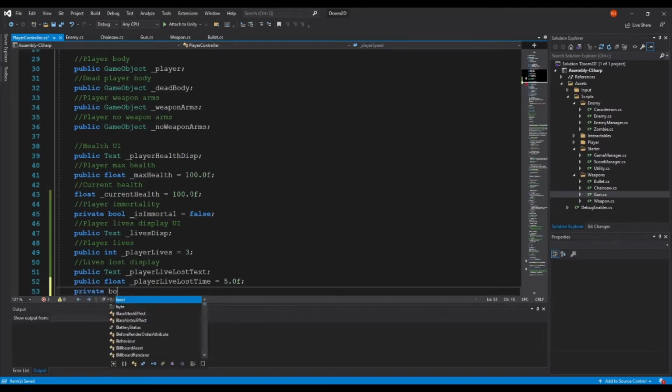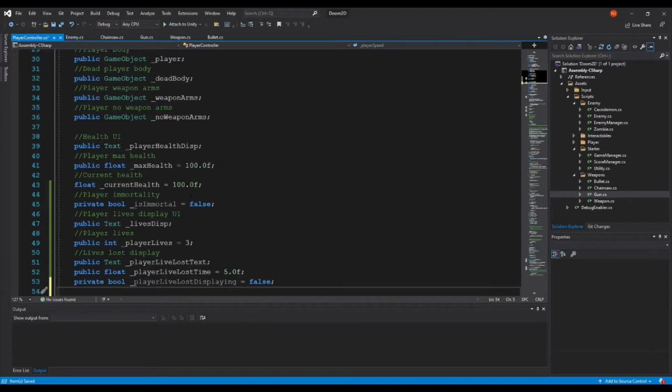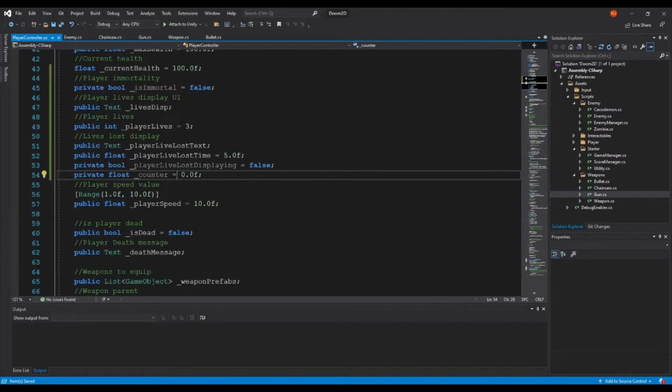This will be private, so this will be playerLiveLostDisplaying, and this will just be, is it currently displaying? So we know to use the counter, and then counter. And that's it